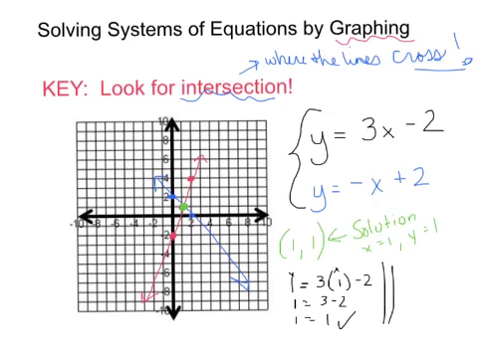I can't rely on just the one equation though. It has to work in both equations. So I look at y is equal to negative x plus 2. I plug 1 in for y, plug 1 in for x. So in this case, negative 1 plus 2 is positive 1, so this checks as well,